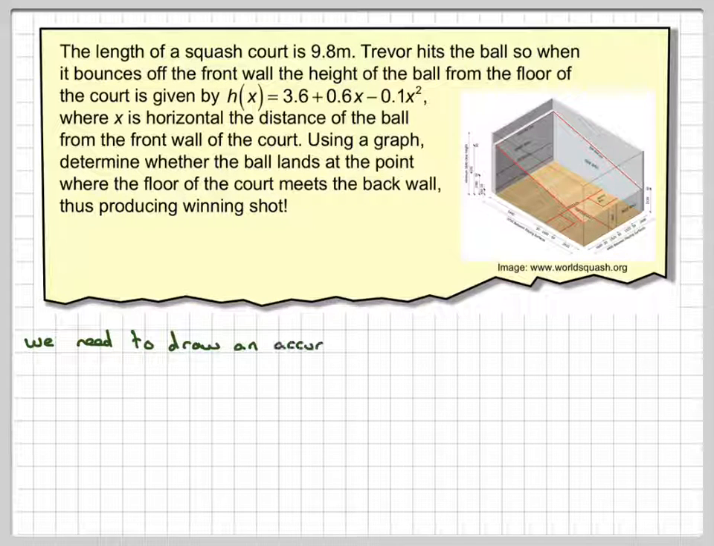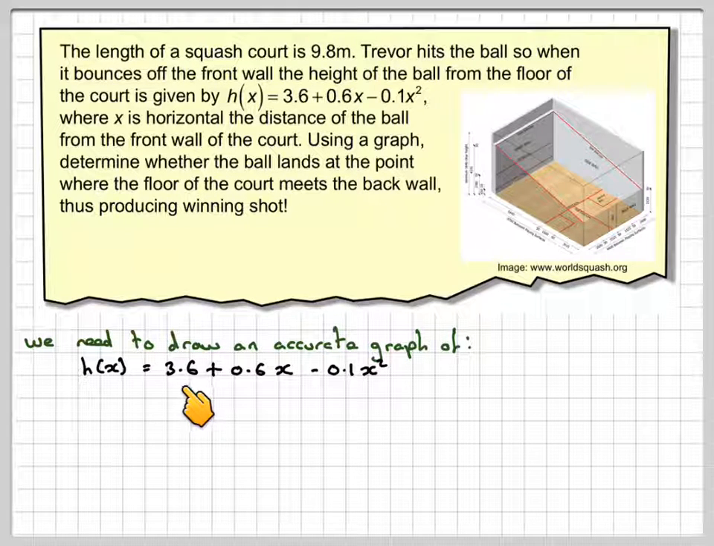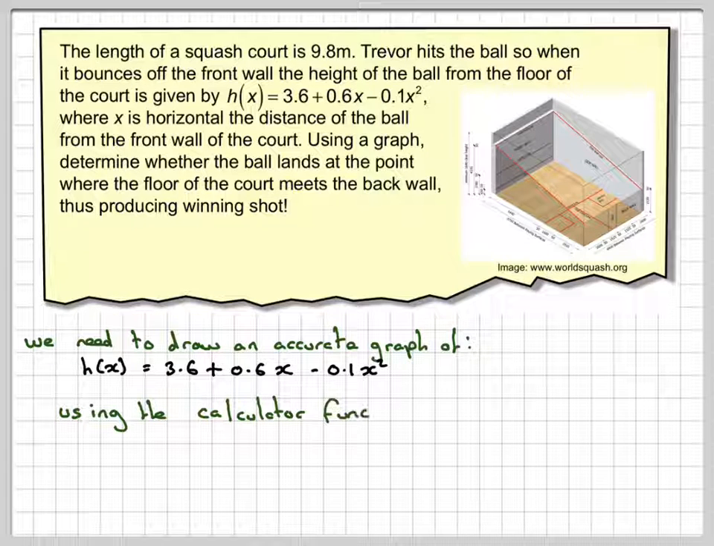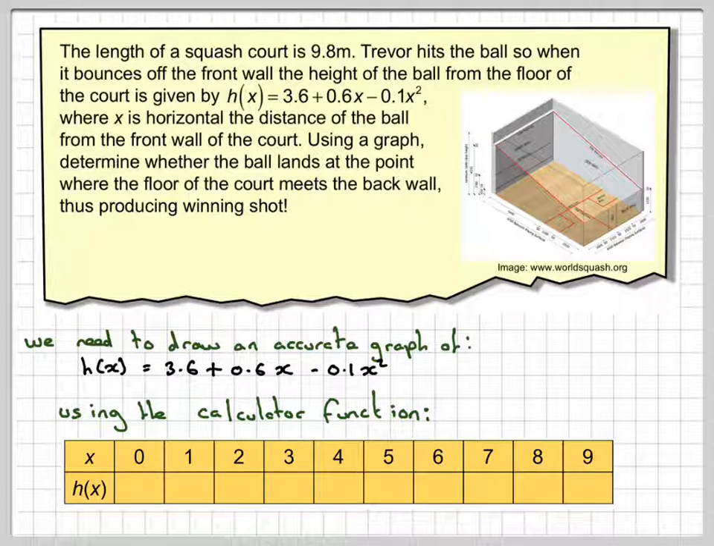So we need to draw an accurate graph of h(x) = 3.6 + 0.6x - 0.1x². So using the calculator function on your calculator, making a table, or alternatively you'd have to put 0 in, 1 in, 2 in and work out each of the values. But most calculators have a table mode now, which you should try to work out how to use. So using the table mode, you're going to get 3.6,